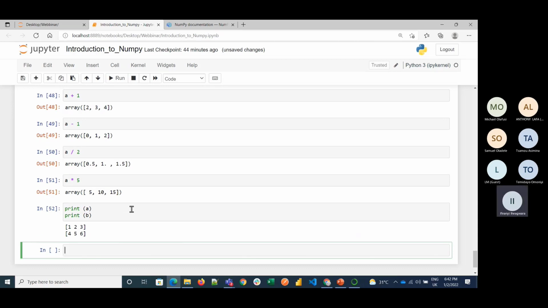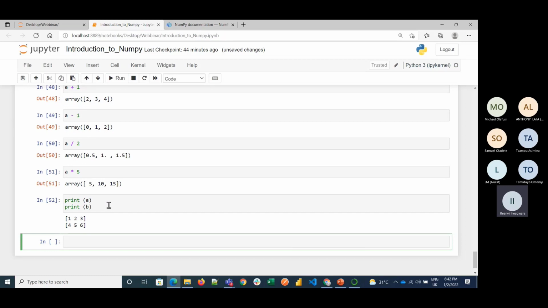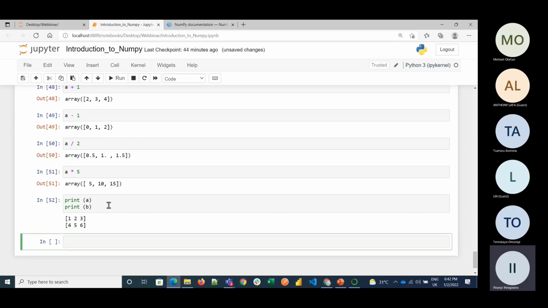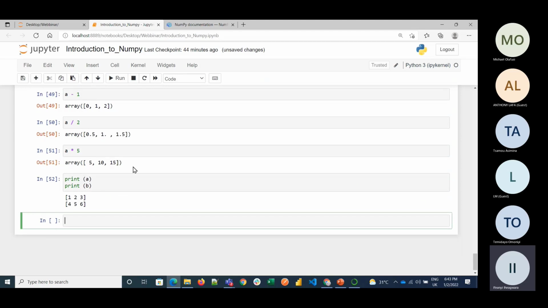This is another reason why NumPy is seen as convenient, faster and uses less memory. If these were two lists, you would probably have to use a loop, but with NumPy you can just do this straight up. So C equals